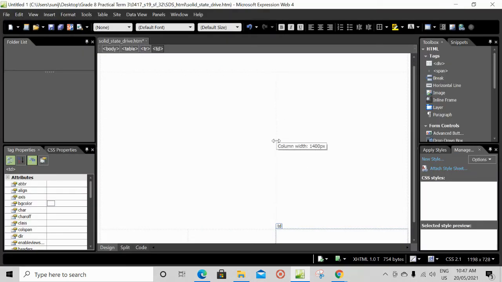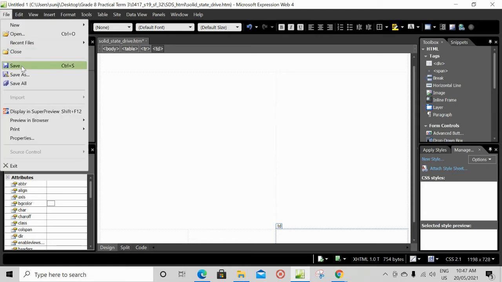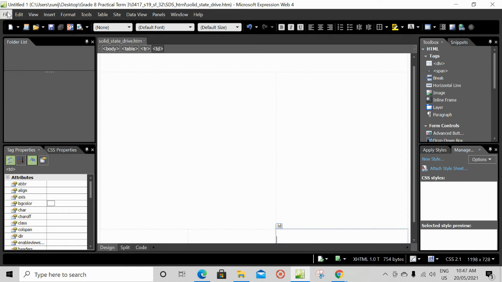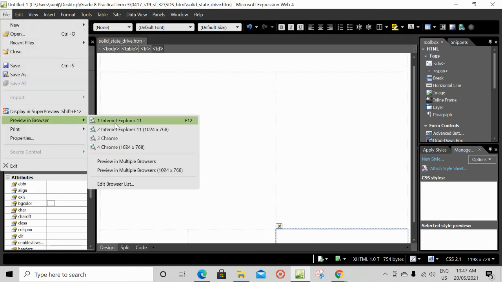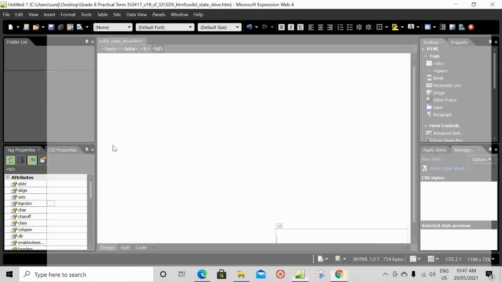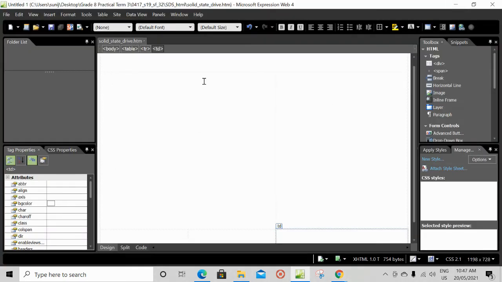Let's see how this web page is looking in the web browser. So just save, preview in browser. So since we haven't given borders, it's a blank one. So just see the code.